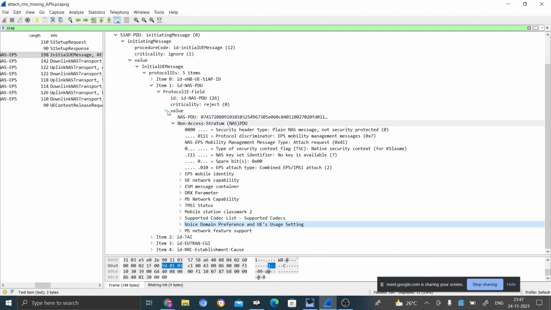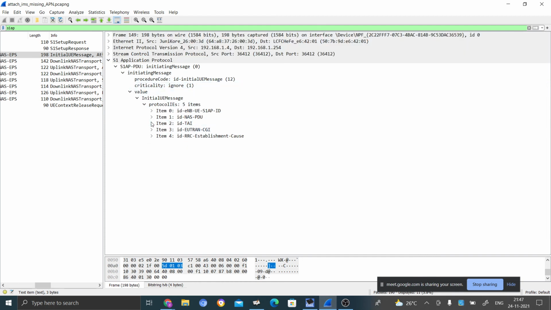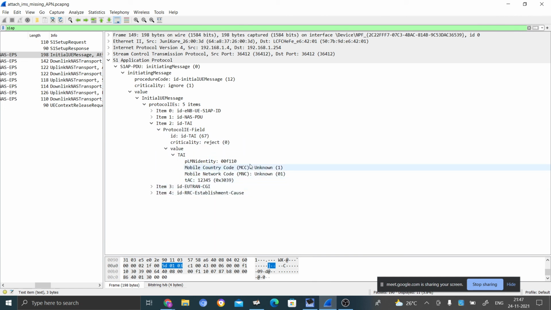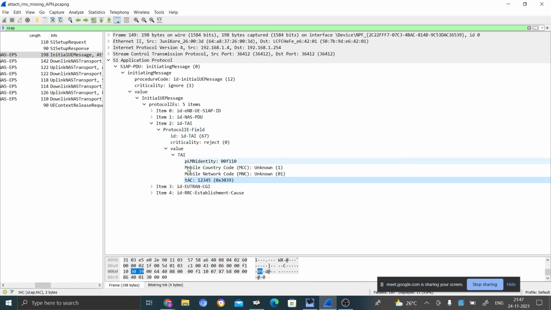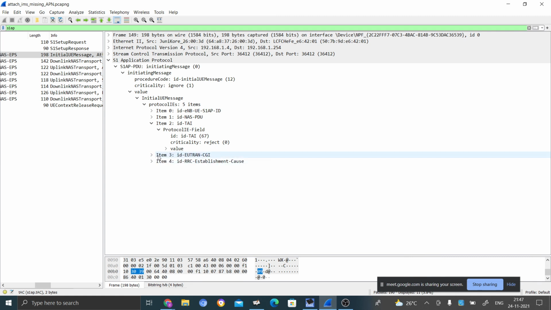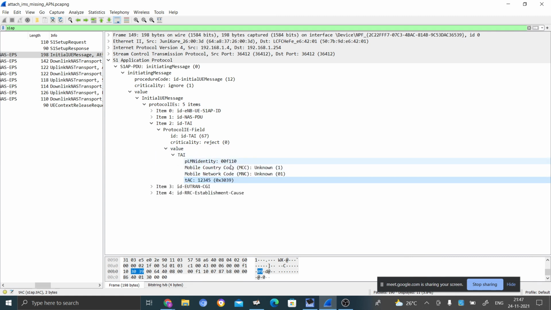Okay, so this is the NAS PDU. Anyway, we know that the tracking area identity, along with the IMSI number, should be triggered. The UE knows the tracking area code, so the same thing should be included.